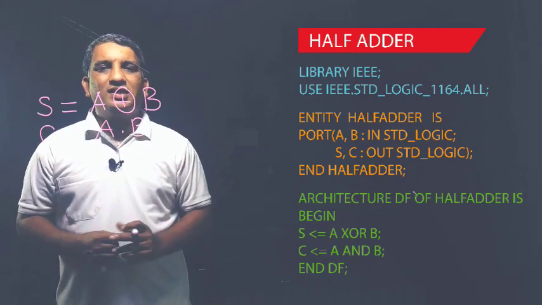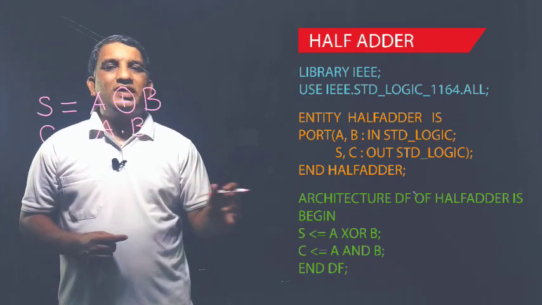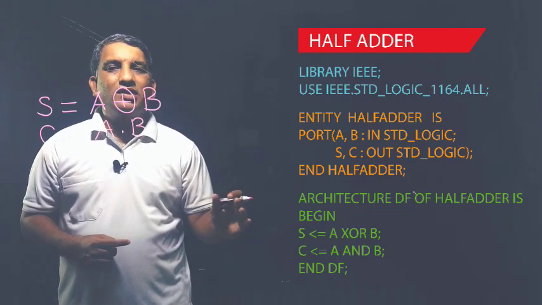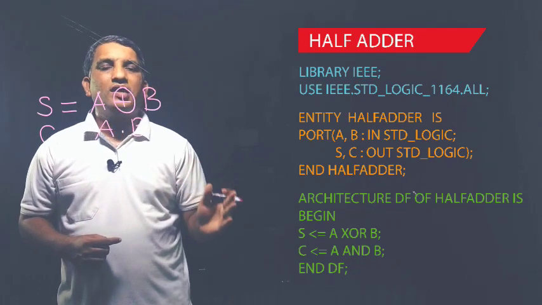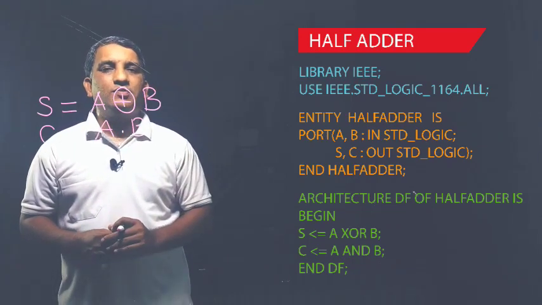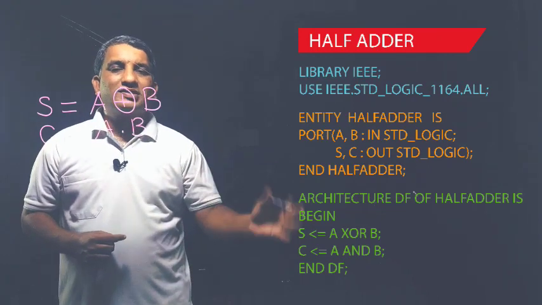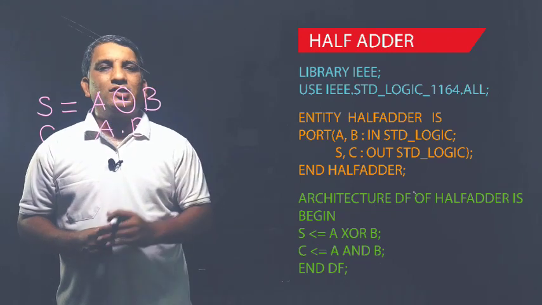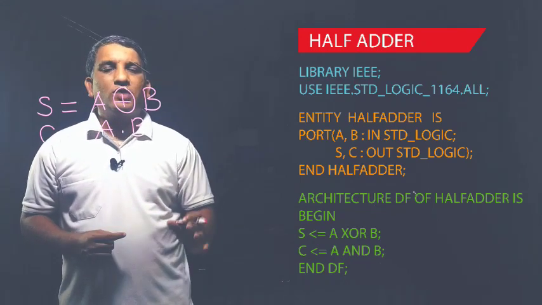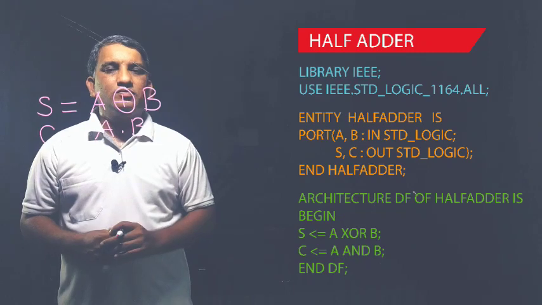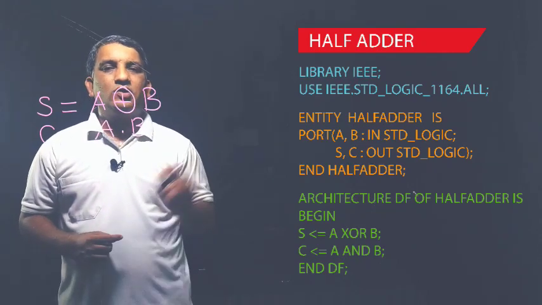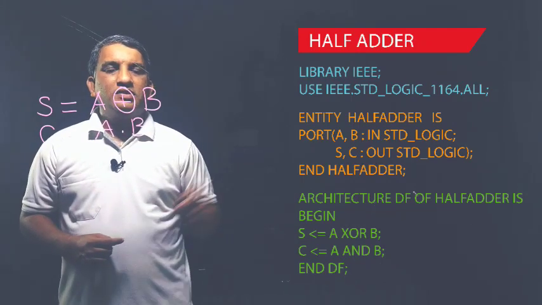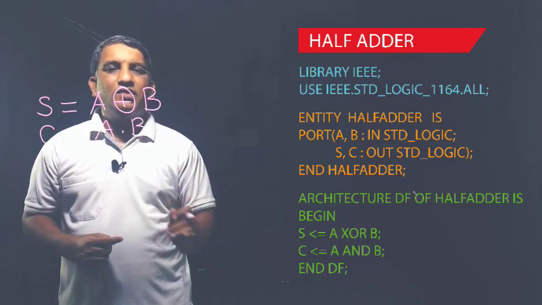Then the second is the carry, C. So C is assigned with, you don't have to write the equal to sign, you have to write assigned with. Always your output variable should be on the left hand side of the assignment operator. When the right hand side is evaluated, it will produce some value, and that value will be assigned to the output variable. So we write C is assigned with A dot B. What does dot mean? Dot means AND operation. So I will write A and B, then semicolon.